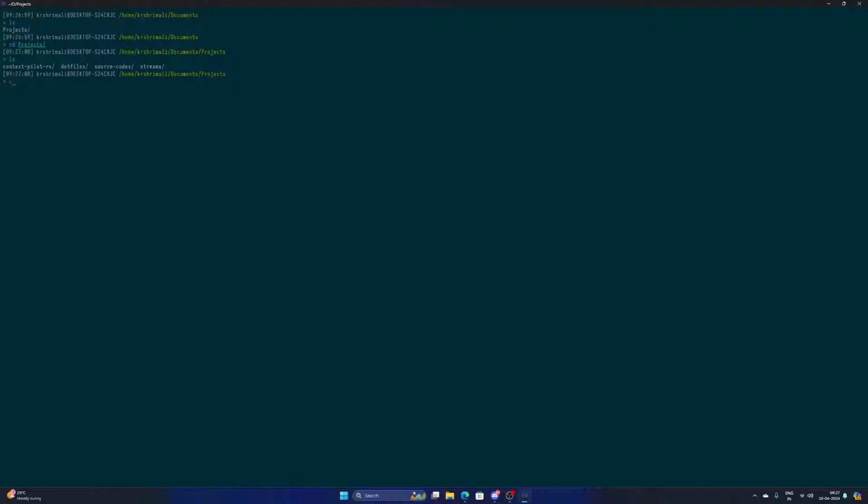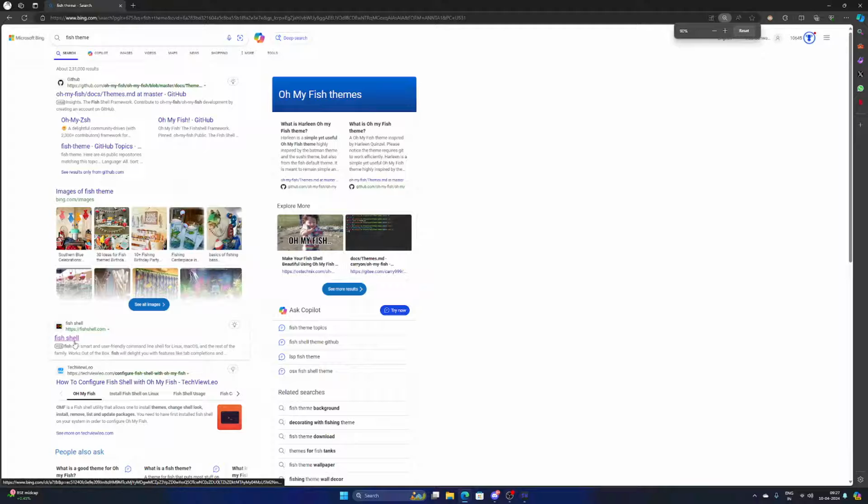What we are going to do today is context palette RS. We have to continue working on this. For some reason, I don't like the theme. There was this fish theme, right? I need to change the fish theme because it doesn't show me the